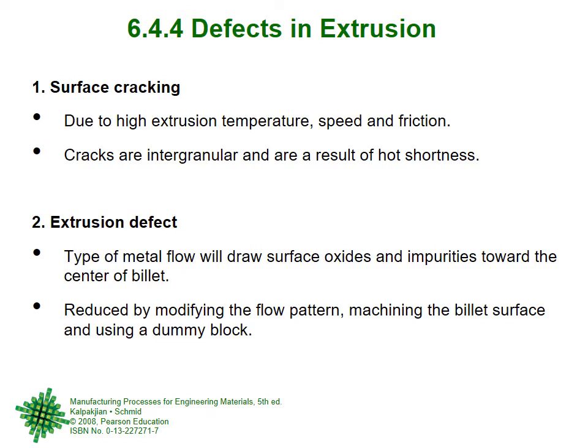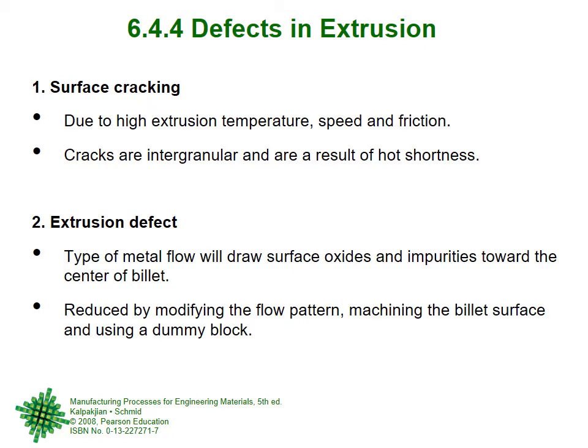So from before we know the equations, we know the pressure equations and so forth, so we can predict whether these cracks will appear or not appear. Then we try to get the maximum possible extrusion speed without any cracking, because if the extrusion speed is high, the whole process is faster. So we are getting a higher amount of production done. Productivity of the process is higher. So we try by hit and trial to find the maximum speed with which no defects will be there. But if by chance we cross that speed, then surface cracking will be there.